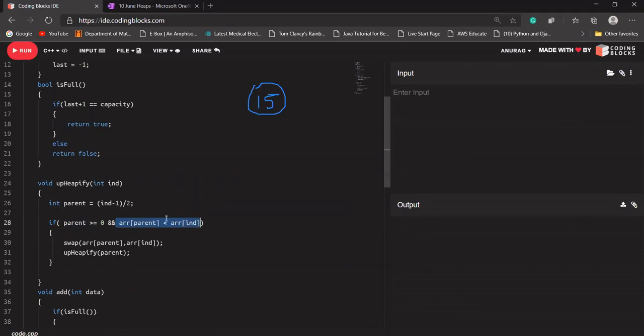And if parent is 0, it is going to compare it with its own value. Let's say 15 is greater than 15? It is not greater than 15. So this condition will not be satisfied.